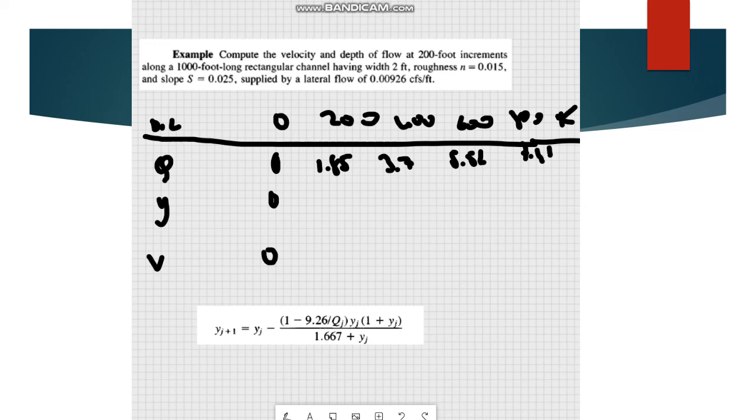This was our previous example, the iterative procedure. So what we need to do is start with y, let's say 0.1, then